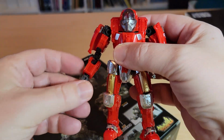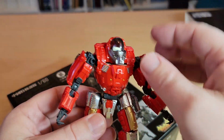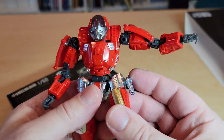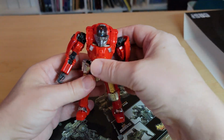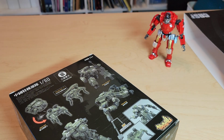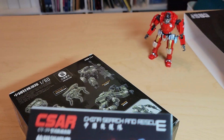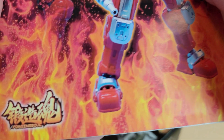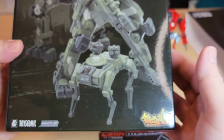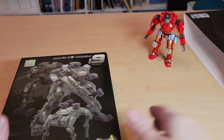There's a cool under skeleton, whatever you call it, inner frame. I can't even think. And it's a similar kind of deal. It's just a small detailed bot, but I don't know who makes this one. Forging Soul is who made this one. This one is made by somebody different, I think. Toy Sonic. I can't remember. Oh, no, it's Forging Soul as well. Okay, cool. So they make these really cool, nicely detailed